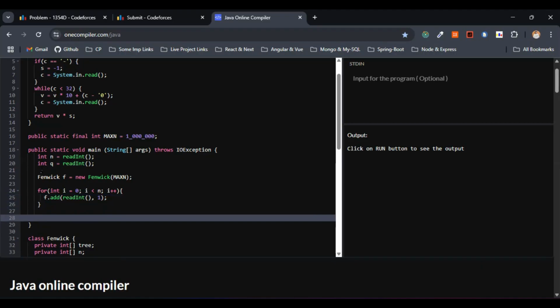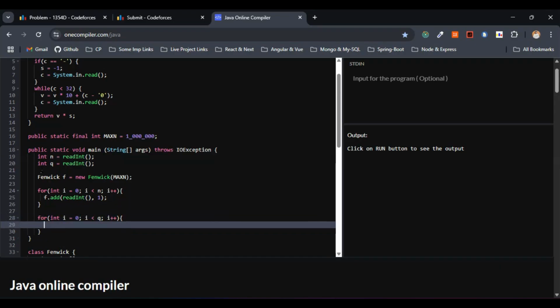Now we have to process each query. Let's go with the for loop here. This one, int i equals 0, i less than q, i plus plus. So this is fine. We have to process each query, and that is nothing but the q that we have been given